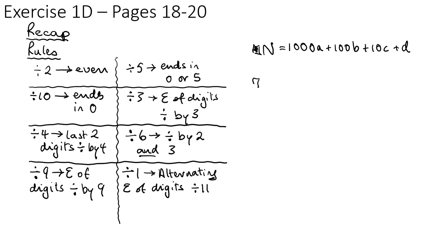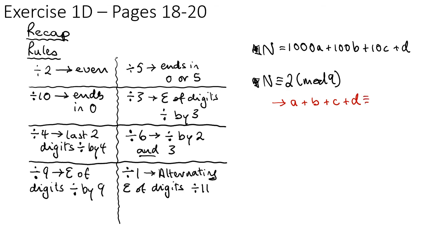You also need to be able to interpret things like this. So let's say, for example, this 4-digit number that we're talking about had this statement. So you need to know how to interpret that. Basically what it means is that the sum of the digits here, when this number is divided by 9, there's a remainder of 2. Now we know that when a number can be divided by 9, the sum of the digits can be divided by 9. So if I was going to interpret this, it means that A plus B plus C plus D,